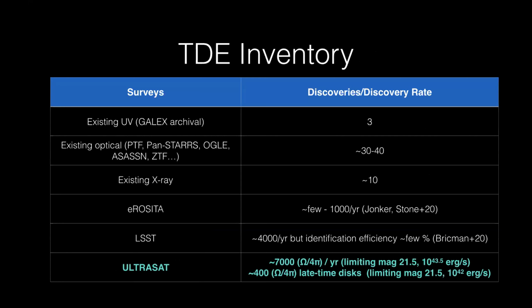But here I've tried to list the existing number of discovered TDEs, as well as predictions in the literature for near future surveys. So currently, we've only seen a few dozen TDEs. The present day detection rate is dominated by wide field optical surveys like Assassin and especially